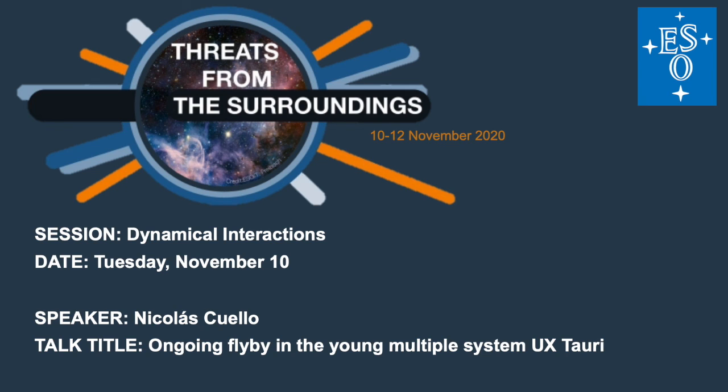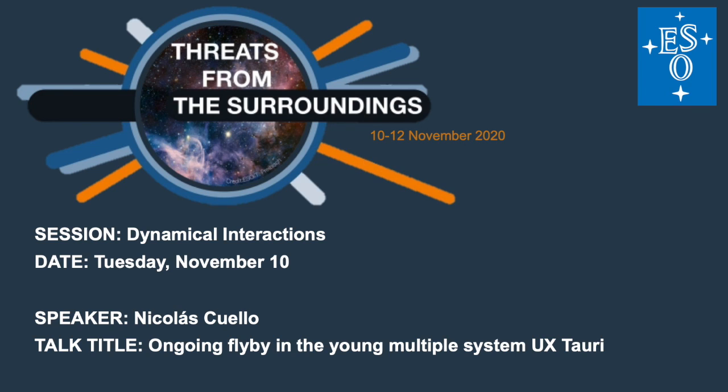We can see that there is material in between, that there seem to be spiral-like shapes all over the place, and we are already modeling this source. And on the very right, you can see this disk, where you have this very prominent spiral or tidal tail. You can see that here there is a binary, but we discovered that there is a point source here, which seems to be connected to this system. So stay tuned, because we're working on this with Robin Dong and collaborators.